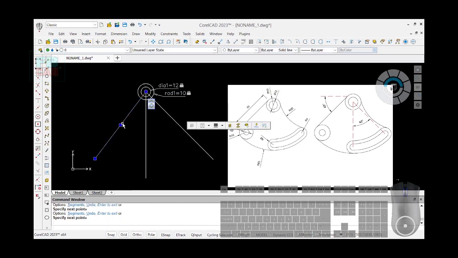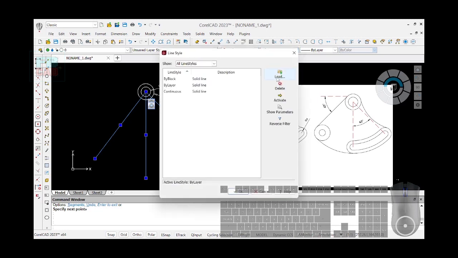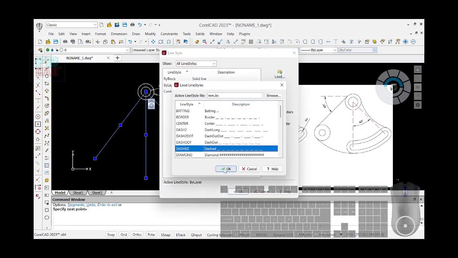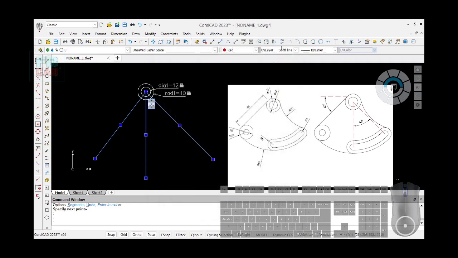Now these three lines are construction lines, so I'll make them red and dashed line. Okay, dashed line. Alright, so